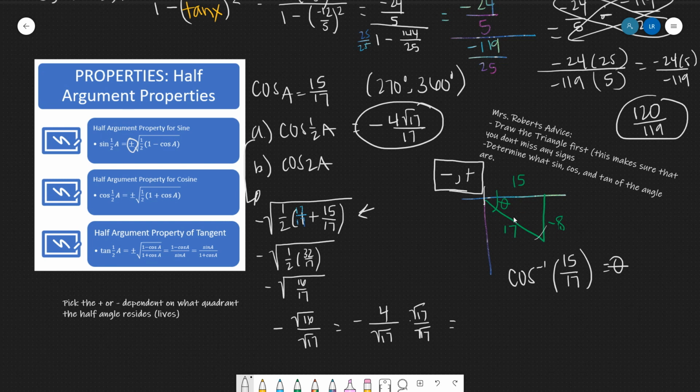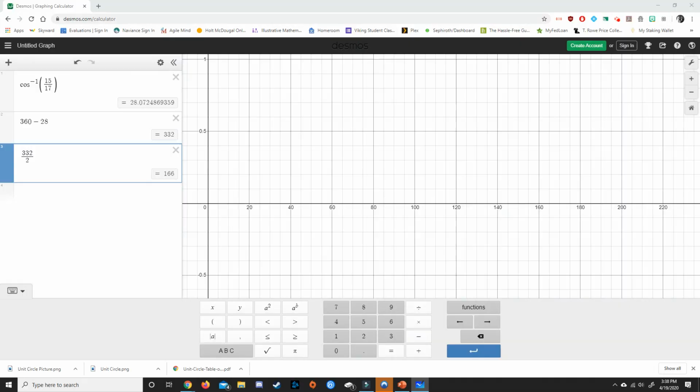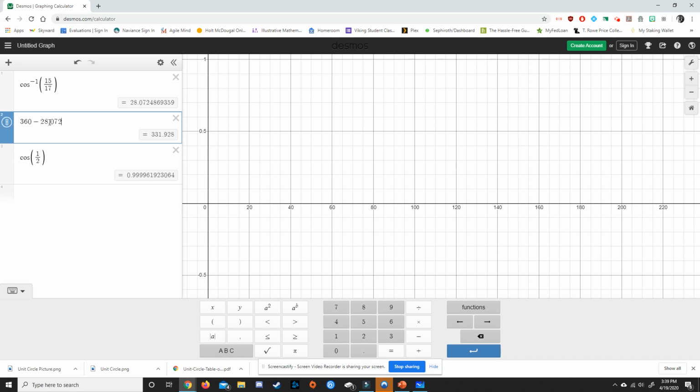Now, we have a pretty good idea what that half angle is. We could put in that angle here and see if it's pretty similar to the answer that we got. So we were finding cosine of the half angle, and let's make it a little bit more exact here. The more exact we are, the better. So the half angle of